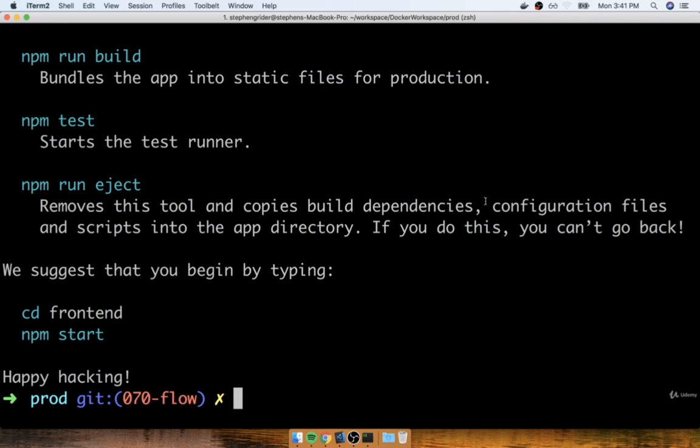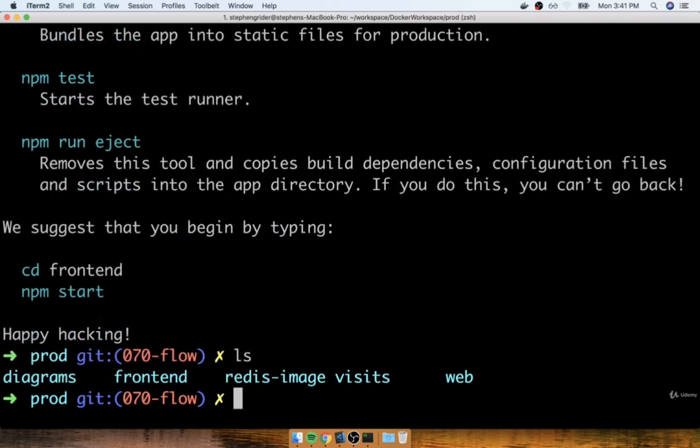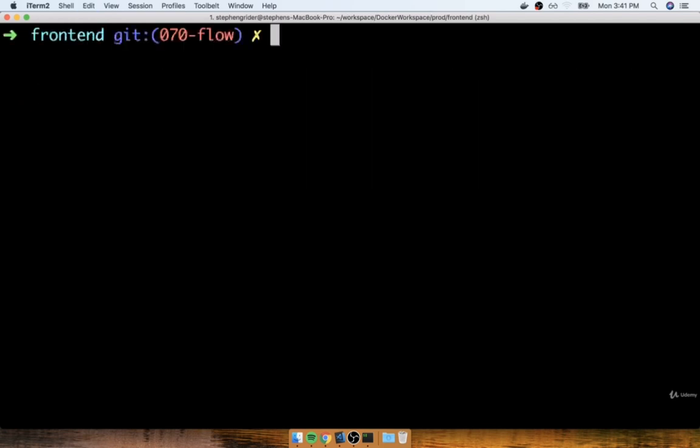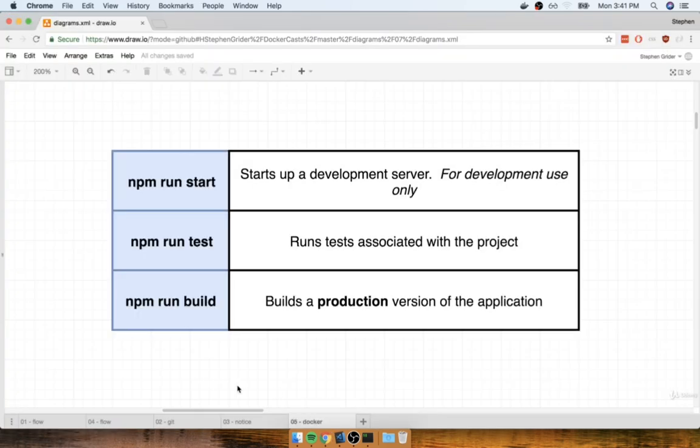So with that in mind, I'm going to first change into the directory that was created when we just generated our project. So remember, we called our project frontend. So I'm going to change into that thing. And then inside of here, we're going to run a couple of different commands to understand how we're going to interact with the project. The three commands that we're going to need to be aware of, and these are commands that we're going to run several times as we develop this entire workflow, are npm run start, run test, and